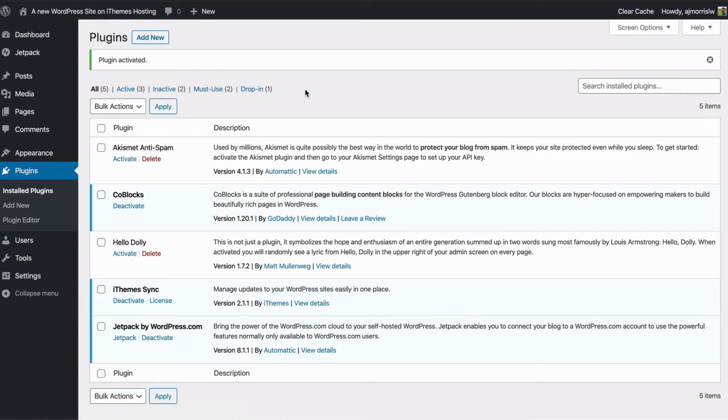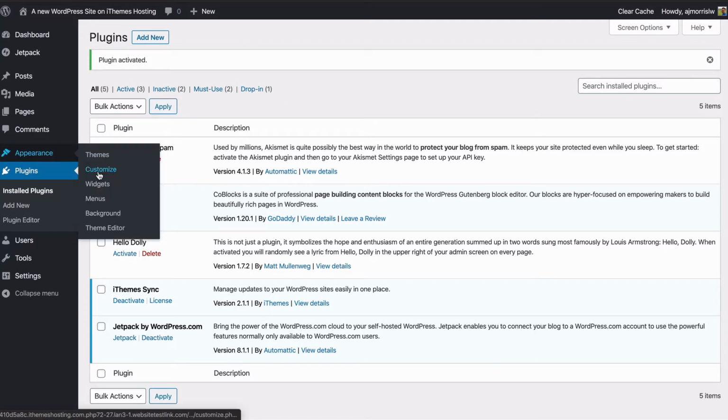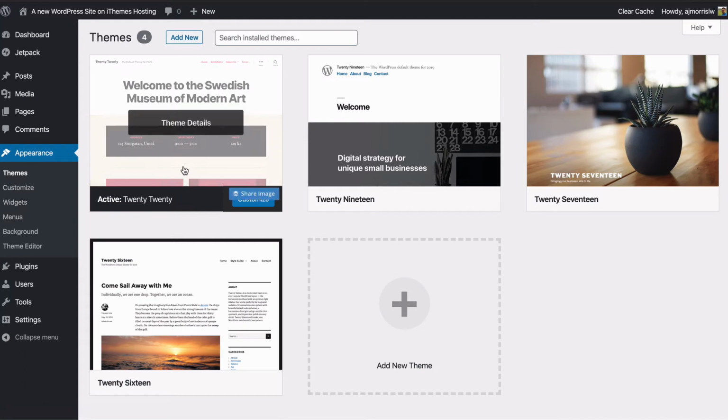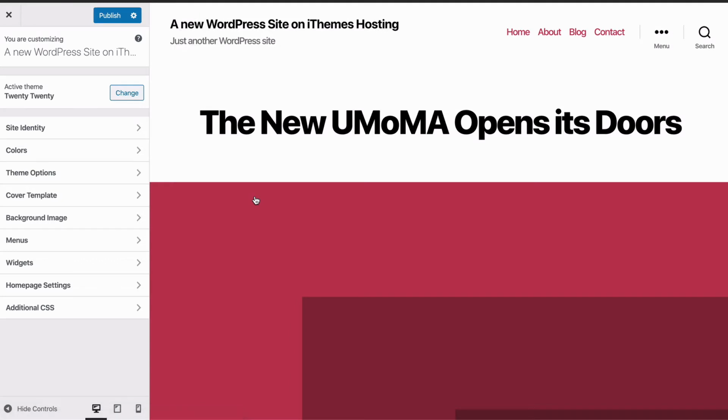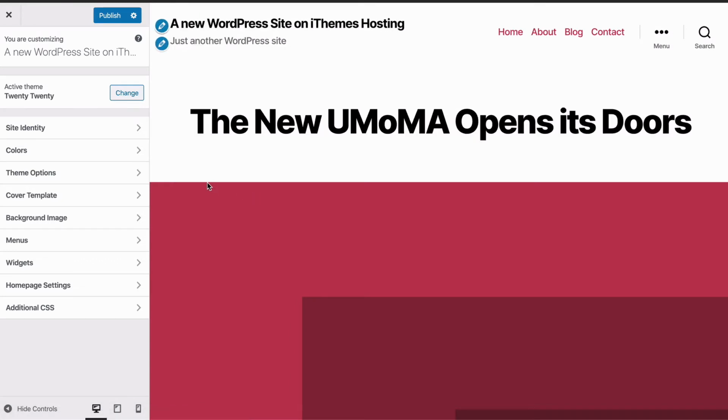We've activated CoBlocks, and the next thing that we want to do is I'm using the 2020 theme, which is the new theme that comes with WordPress. I do want to customize it though just a little bit. I want to tweak some of the settings just to make it a little bit easier to use